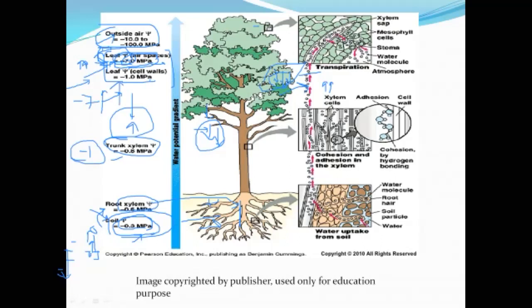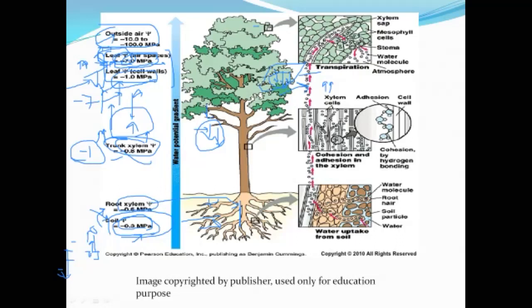The water potential in the leaves is higher than in the air, and in the cell walls it is slightly lower. But altogether, the leaves' water potential is lower than the stem. So as far as the water potential gradient is concerned, the water will move from the stem to the leaves, because the stem has high water potential and the leaves have low water potential due to transpiration. The water is just lost into the environment. Otherwise, leaves also have more water until the night. But as the sun appears, transpiration starts, the water is lost from the leaves, and the leaves become less water concentrated.